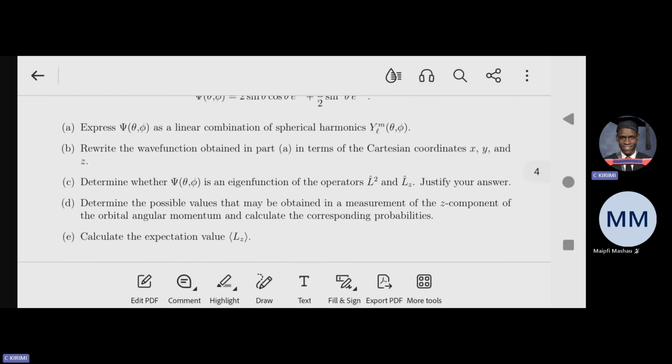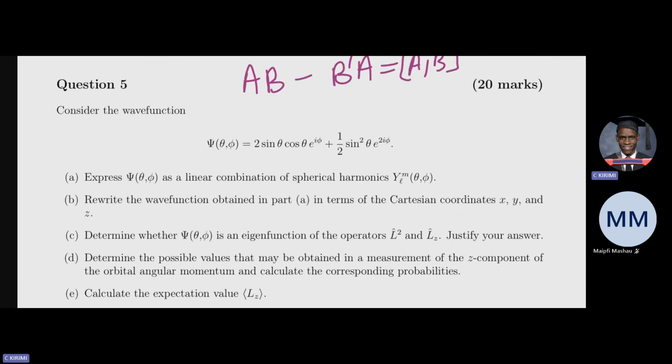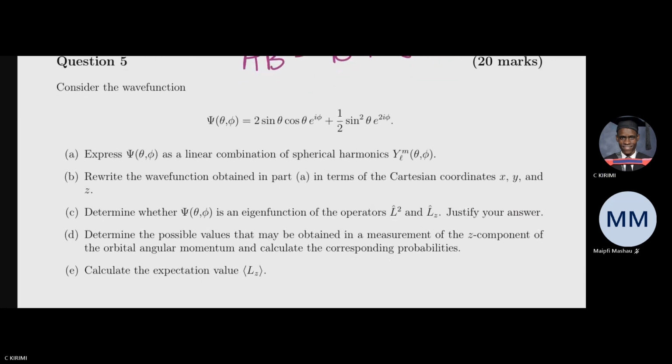Question number 5. Alright, so question number 5. You are given, consider the wave function that is given by psi